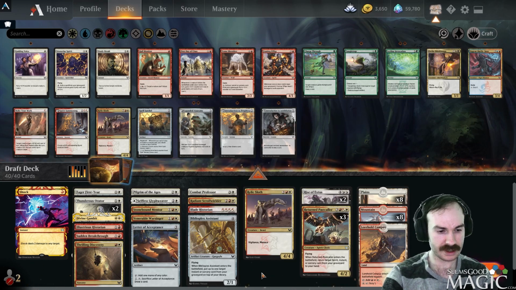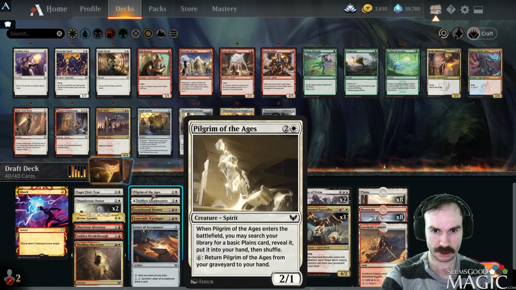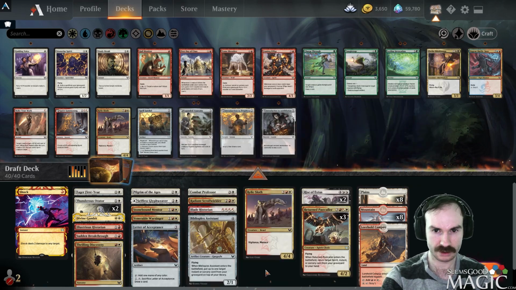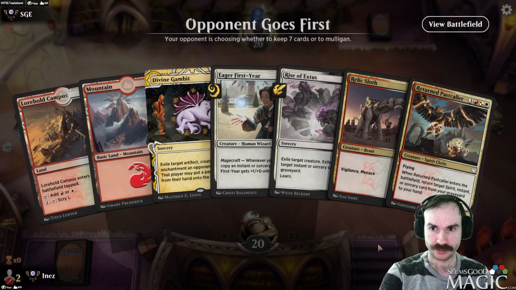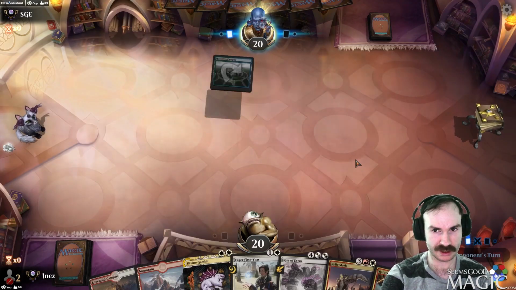Alright, well, I guess this is it. This helps me find lands. This helps me find lands. This ramps. Yeah. Seems acceptable. Alright, we'll run it like this. We'll see you round 1. Alright, I guess we can keep this. Looks like it's a little bit slow, but...